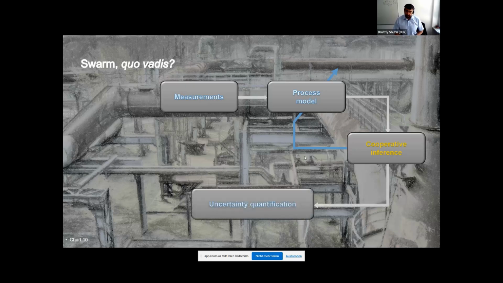So once we have this cooperative inference algorithm, we also ask ourselves, how well can we actually identify the parameters of the model? This is one of the key elements which leads to what we call swarm exploration. How can we utilize the models and the data that we have collected to better understand what we do not know about the model or about the process, given the measurements that we already have? This is what we call uncertainty quantification, and you will see in some examples a little bit later what this uncertainty actually looks like.